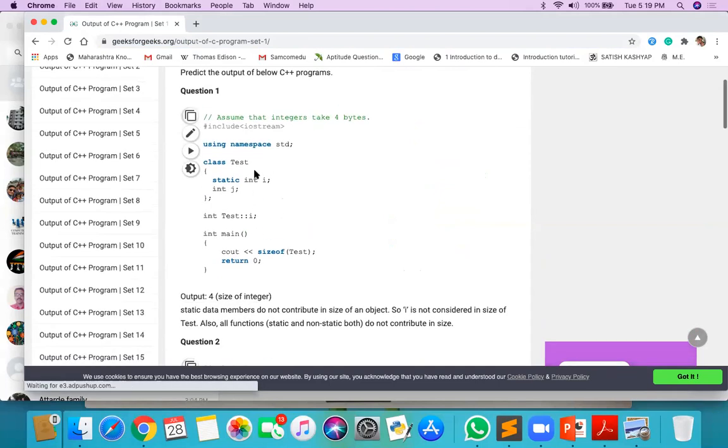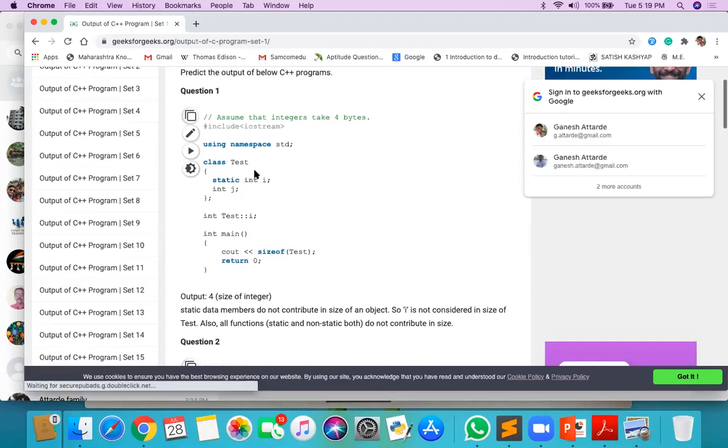You will get very new points while solving these problems. Just like now, static int i. Static int i means here i is a class data member, but the type of that is static. The meaning of static is that it is the shared one.